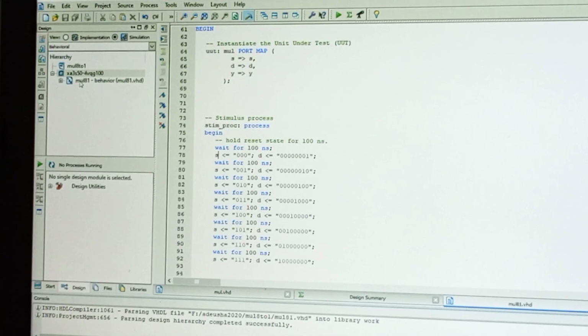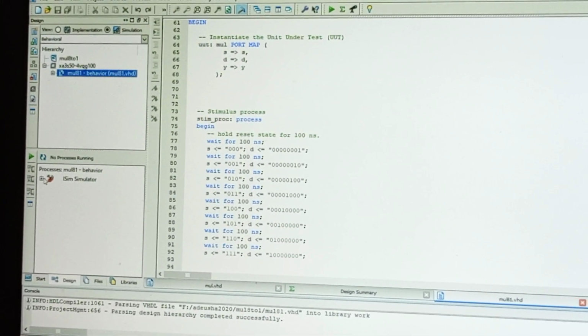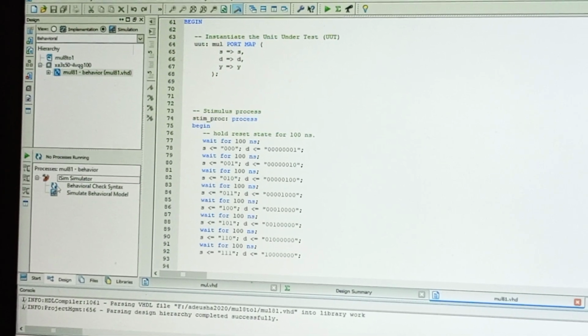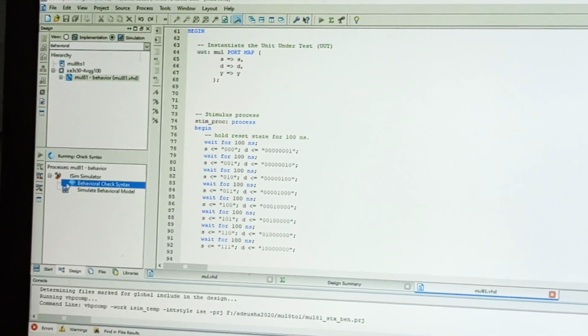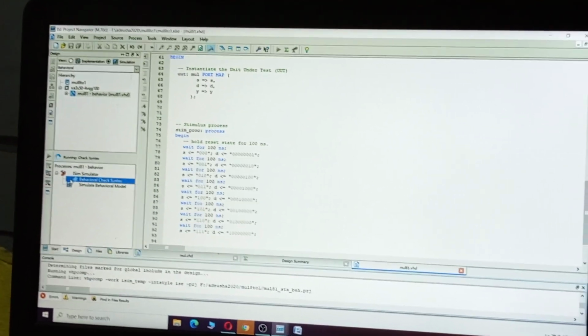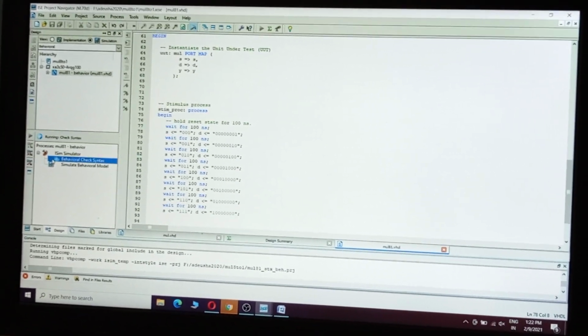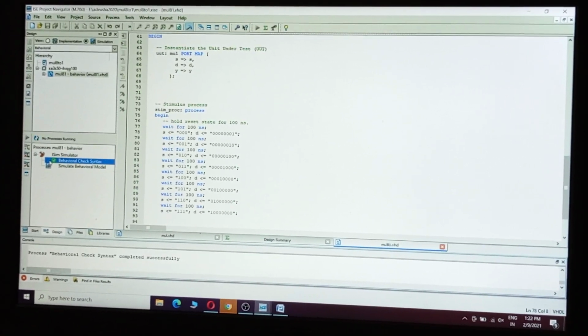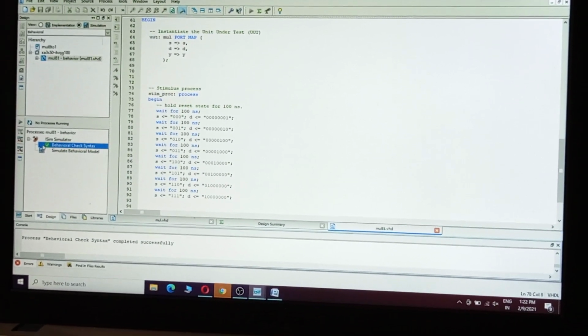Click on next, select iSIM simulator. Double click on behavioral check syntax. It is completed successfully.